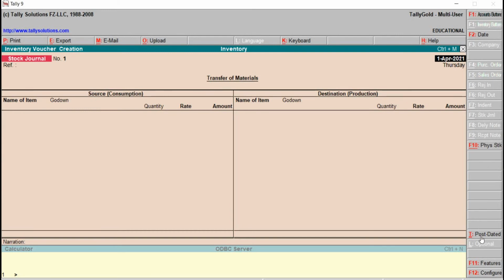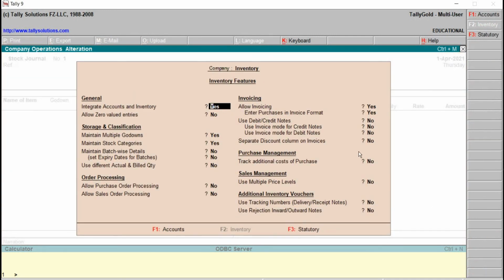In that case, bottom right hand side here we have features, or else we can use the shortcut key that will be function key F11. Just click on this one, right? Inventory features, correct, yes. Then here we can see additional inventory vouchers, use rejection inward outward notes, no is there.